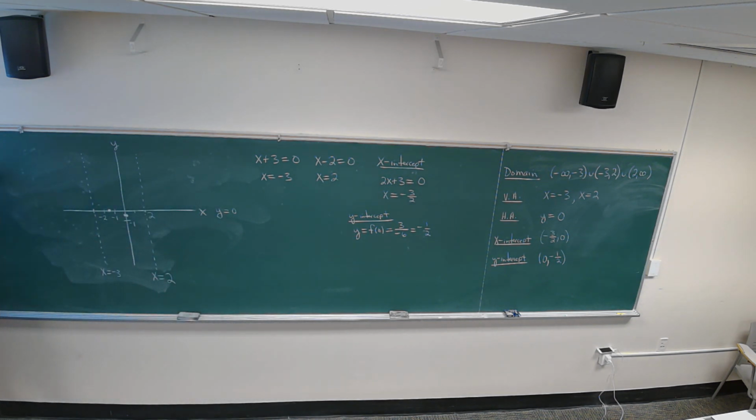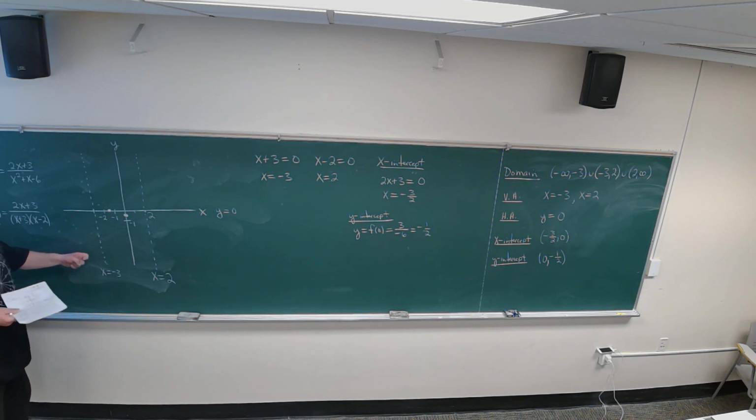So just to remind you, f of x is equal to 2x plus 3 over x squared plus x minus 6, which factors to 2x plus 3 over x plus 3 times x minus 2. Now,